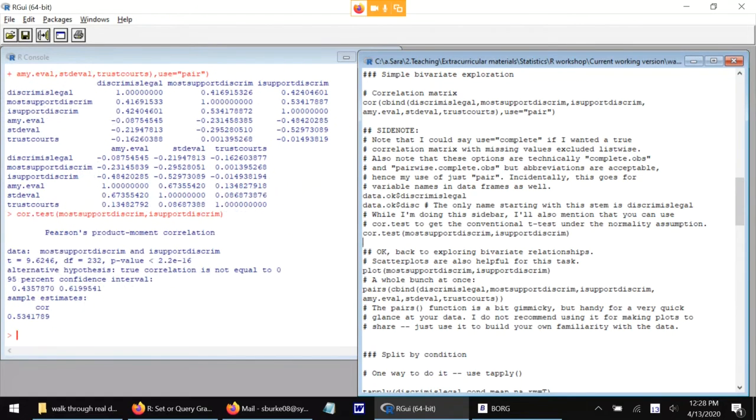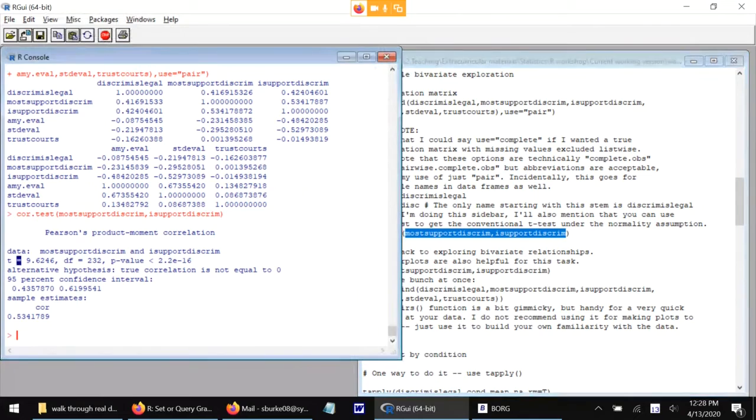That's what this cor.test function is designed for. So I supplied two arguments. Both are names of vectors, which are actually columns in a data frame, and R calculates the t-test for me. This is the traditional correlation test that you're probably quite familiar with. So the correlation is 0.53, and the p-value is very, very small,